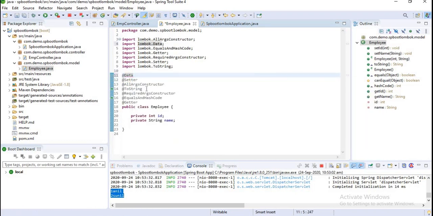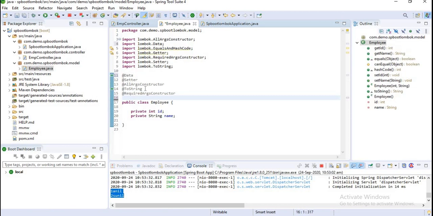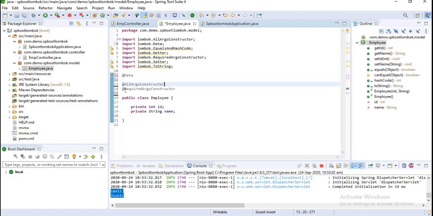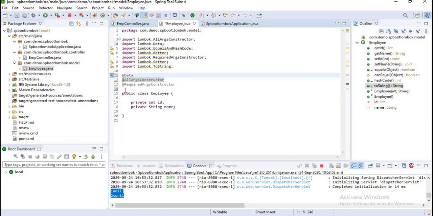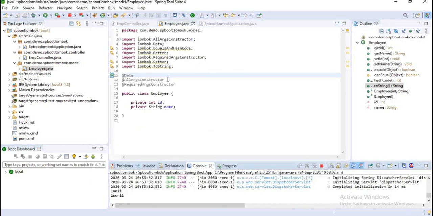Okay, I can remove all this, but it will work because we have @Data here. And I have not removed the required arguments constructor, because @Data will not initialize a constructor for only the final fields. So I am using this required arguments constructor here.